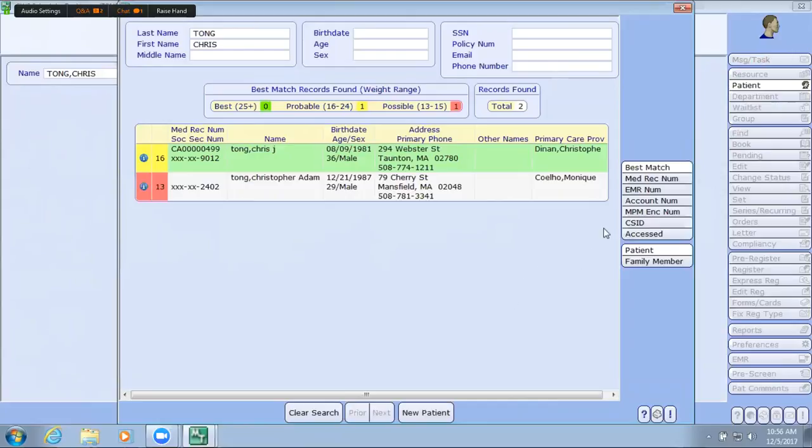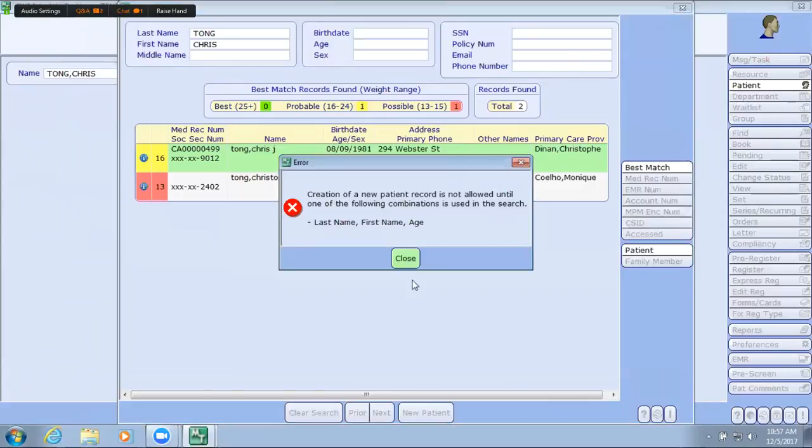If we needed to search for the patient by any of those other areas that we could type in previously, we can select any of these function buttons here and also search for the patient that way. We also have the new patient footer. So if the patient did not already exist,